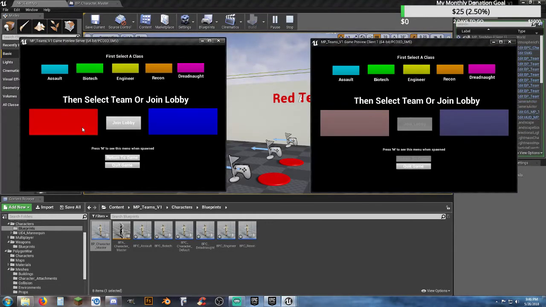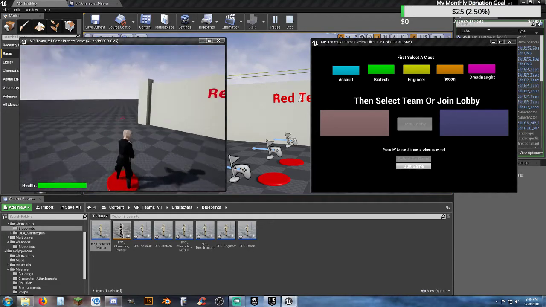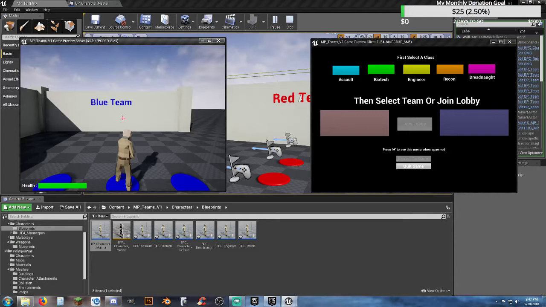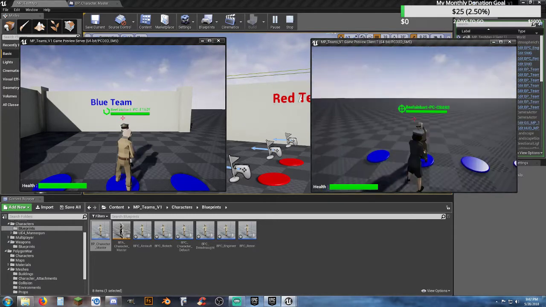Now we'll go in here, we'll hit play. I'm going to hit M, and I'm going to go back to this, and set it to be American, and it's going to change my team. I'm going to Alt Tab, and it doesn't matter the class. I'm going to go to American team, spawn in, and